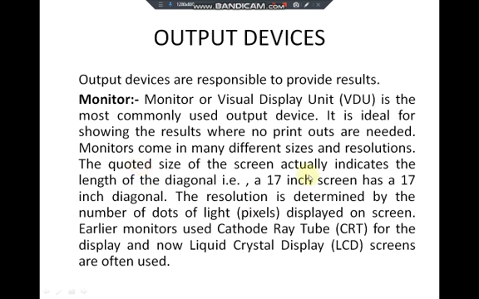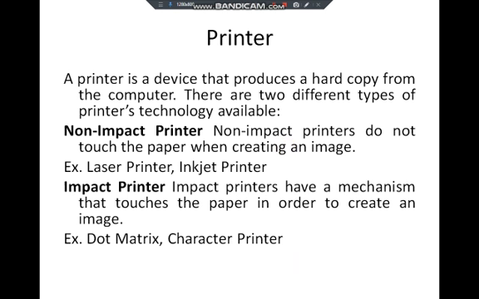Light means optical. It is an optical disc, and the specifications are here. The standard disc size is 12 centimeter, and mini is 8 centimeter. In single layer, 25 GB of data can be held, and in mini we can store 7.8 GB of data. In dual layer it is just double: 25 becomes 50, and 7.8 becomes nearly double, 15.6 GB of data can be held on the mini disc.